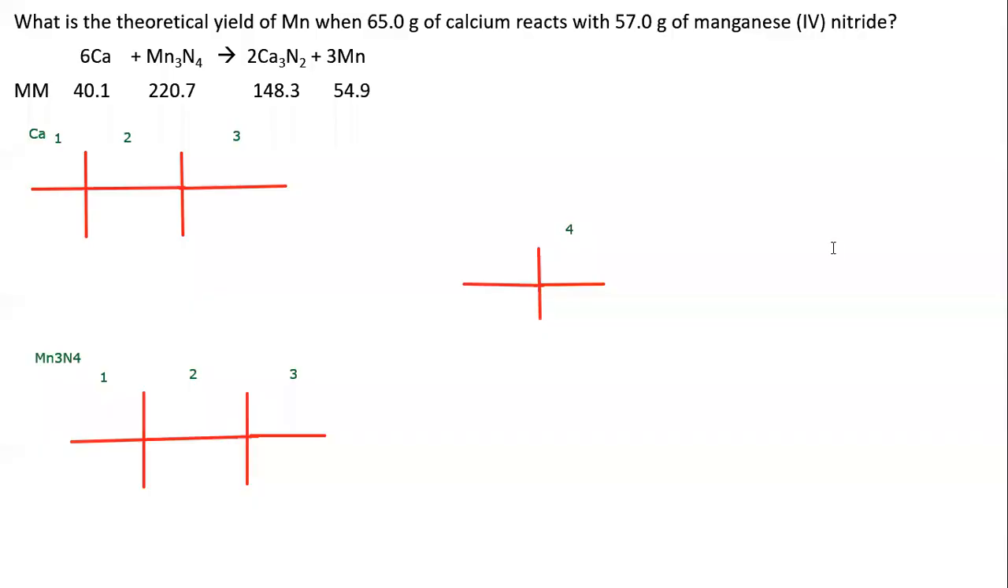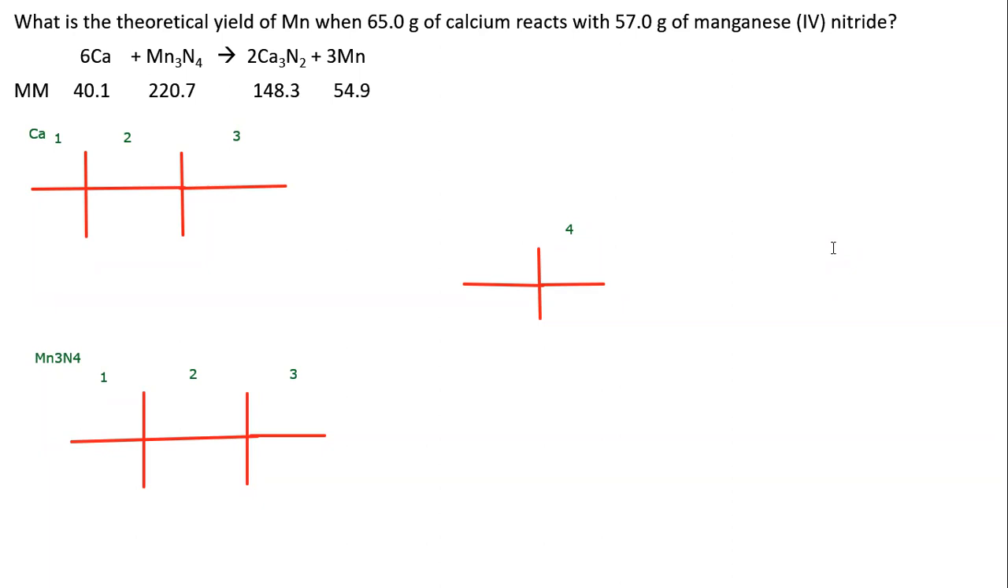Record this. So here again, we have a reaction involving calcium and manganese 4 nitride. We have 65 grams of calcium, 57 grams of manganese 4 nitride. We want to know what's the theoretical yield of manganese. And it gives us the balanced chemical equation and the molar masses. And to kind of help